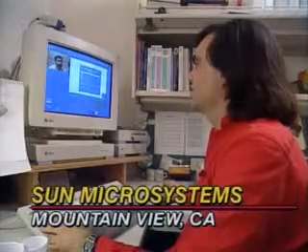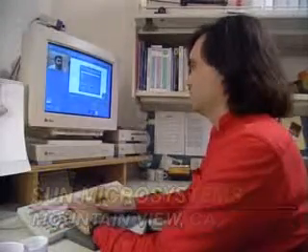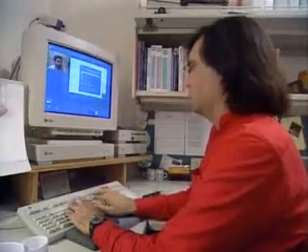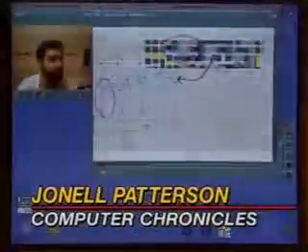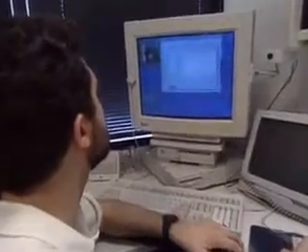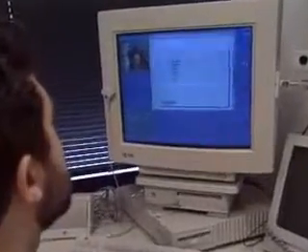All right, one approach to groupware, one way to get people working together electronically is through a video conference. That used to be an expensive and complicated process, but video conferencing is now coming to your desktop PC. An engineer working on a design schematic needs to confer with a colleague at another location. Up until now, he'd have to fly or drive there for an in-person meeting, or fax the document and confer over the telephone. But these engineers at Sun just activate the Show Me video conferencing system for a face-to-face discussion